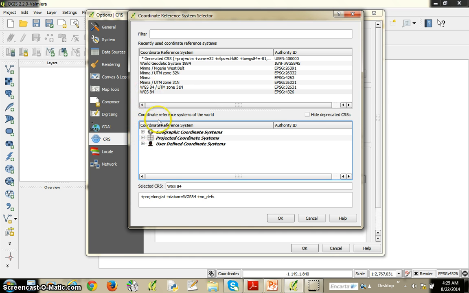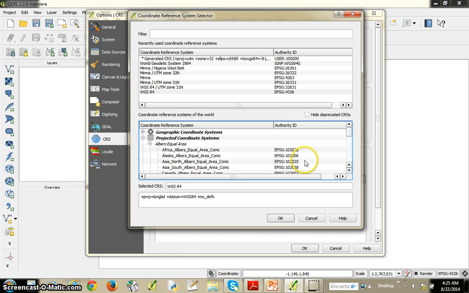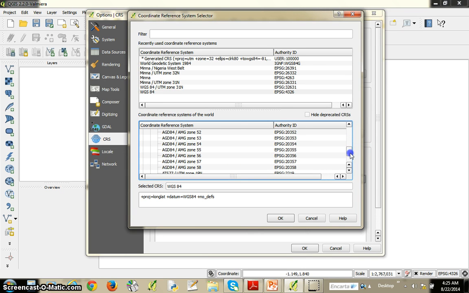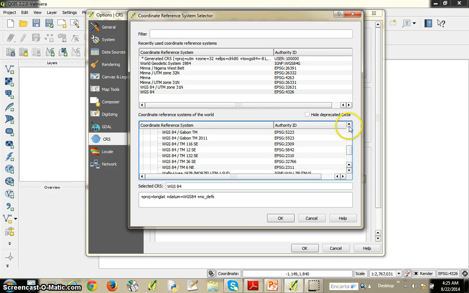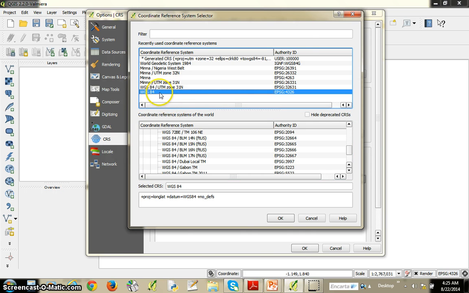Meanwhile, you can go and locate any type of reference system you want to work with. As a matter of fact, in this particular one, let's find WGS 84 because we're going to be using that as our coordinate reference system during this QGIS tutorial. Now click on WGS 84 like this. I'm clicking on it from my recently used place because I don't want to keep searching. If you actually have to search, you could trace it with this number 4326. That's the number for WGS 84